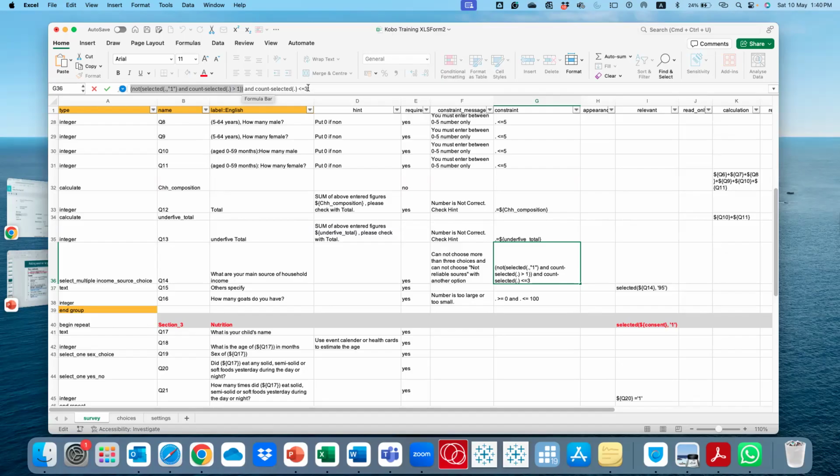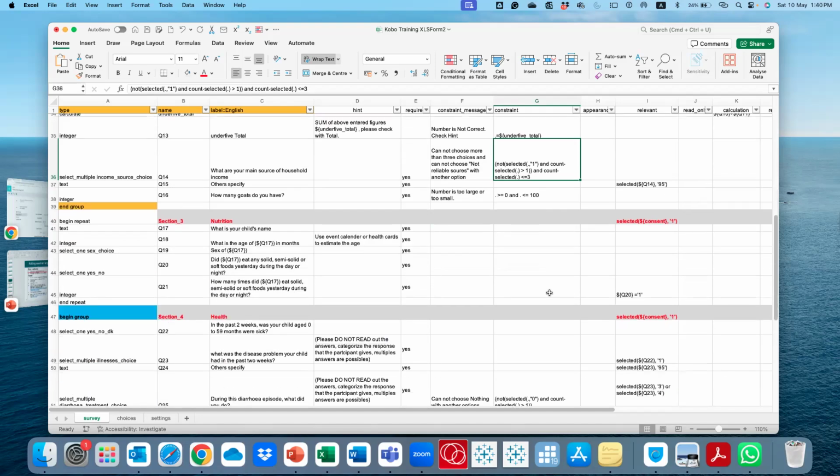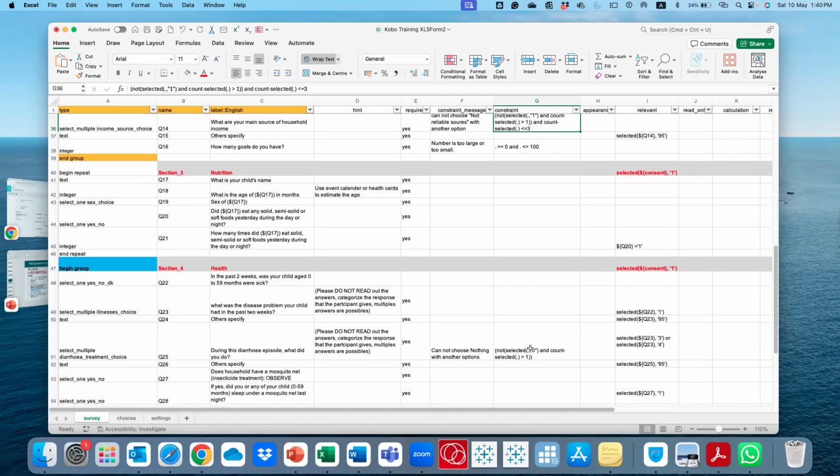And in addition, you cannot select more than 3 choices. If you don't want this, you can say you can select any number you want and just remove that. But these constraints are very good when you're collecting a lot of data, because after collecting data it's very hard to go back to the enumerator to explain. You add this there. We saw this when I was opening; the same thing here.